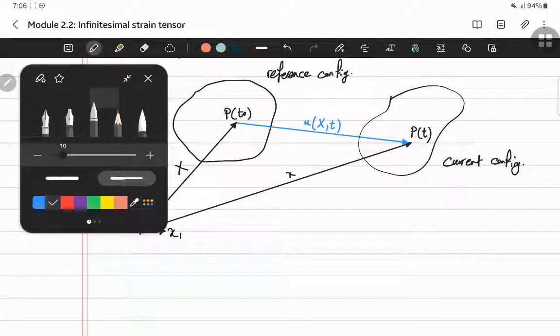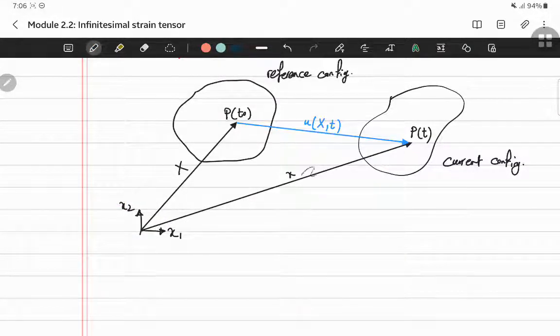So simply, you can see from this figure that x, if you remember x, which was basically a function of capital X, so small x was a function of capital X and t, is equal to the summation of x, this vector, this initial configuration here, where we had this particle here, plus u